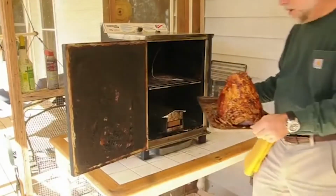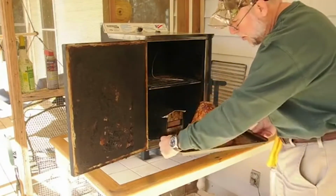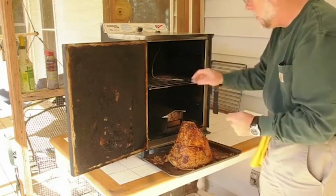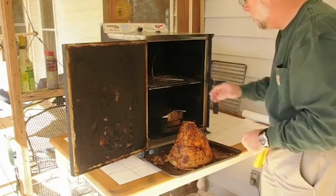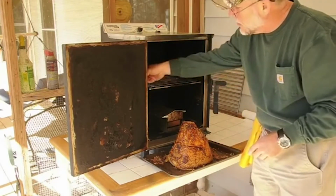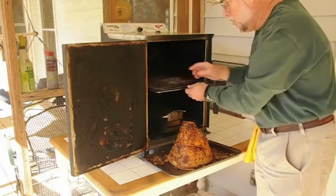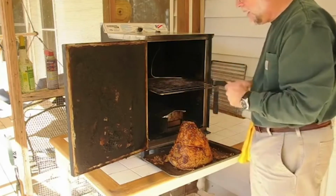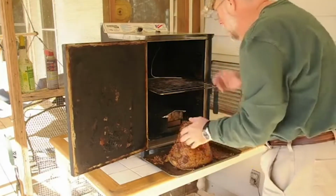Okay, got our ham right here, and you can see how it's already starting to turn into a glaze from the juices and the mustard mixing with the dry brown sugar and spices. So we got our smoker ready. I'm using hickory. I like hickory wood for almost anything. You can use apple or cherry. And all we're going to do